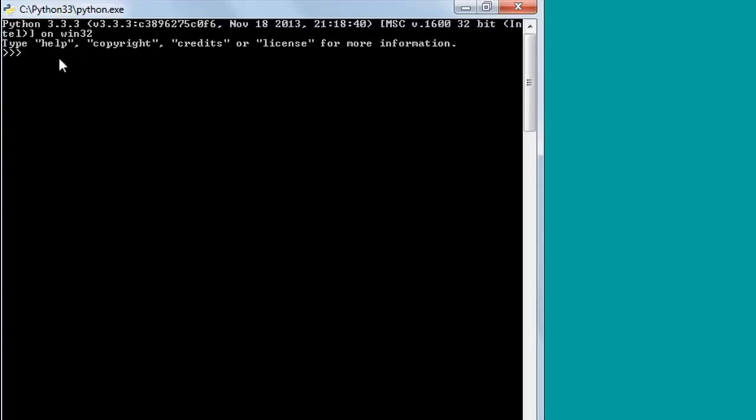I see a few more things. If I want help from Python, then I can type in help and press the enter key. If I want to see copyright or credit or license information, then I can type in these three words and press the enter key. So there's some stuff that I can do here, but what we're going to do instead